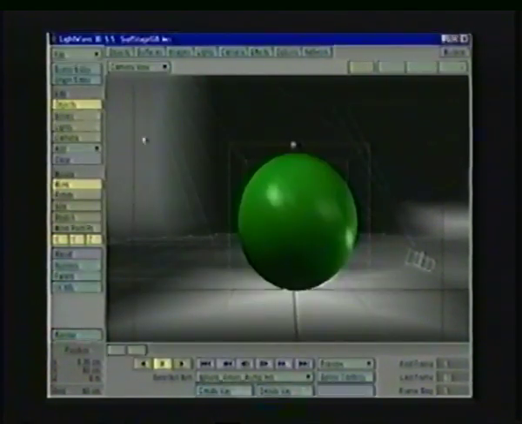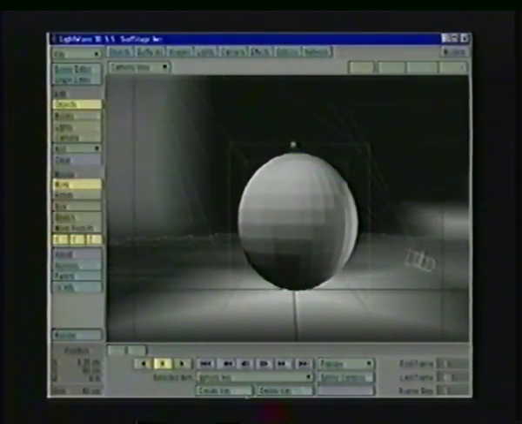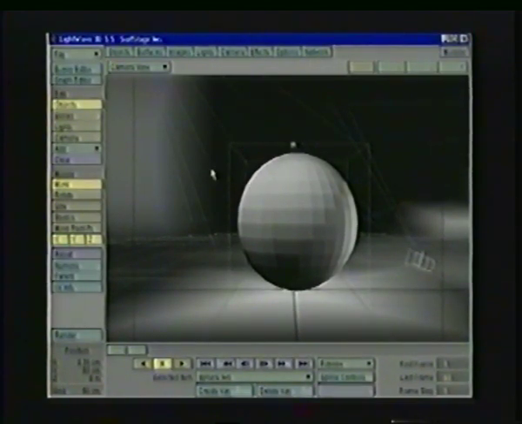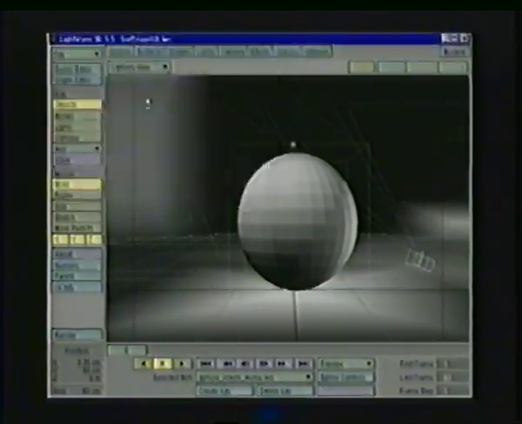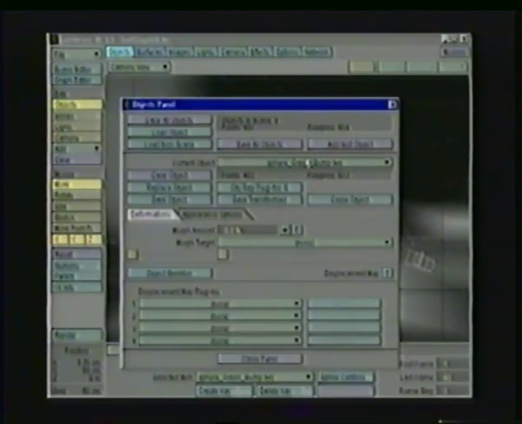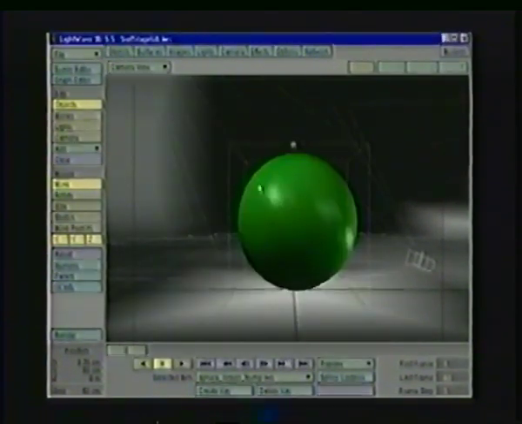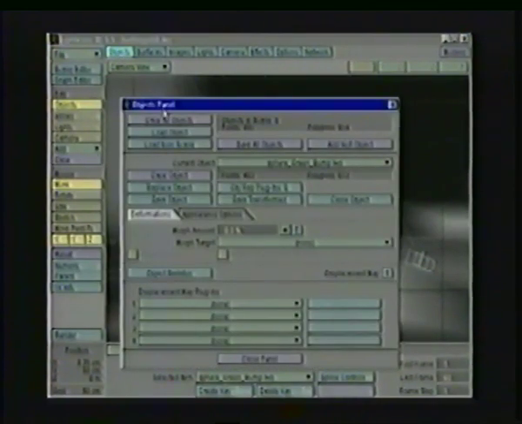Now, if I load my original scene back up, it will load my original sphere object, which has no surface attributes on it, just the default. If I load the sphere green bump scene, it's going to load that other object that has that surface attached to it. It's a very important concept to remember. Anytime you change surface attributes, if you like what you've done, make sure you save the object from this panel